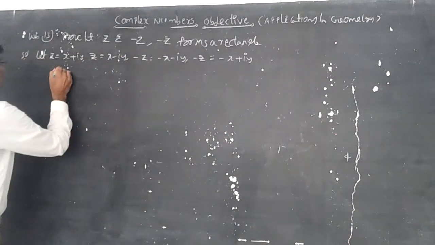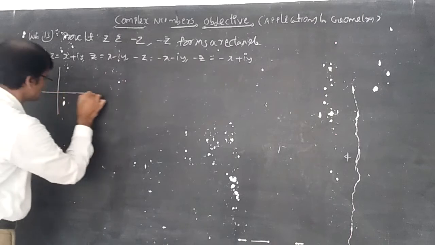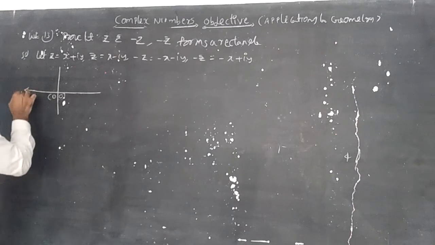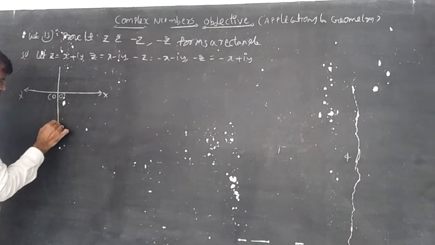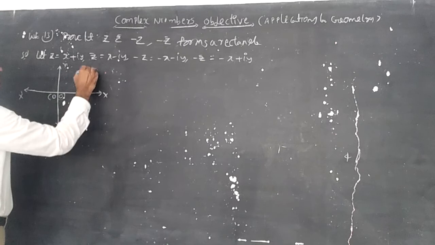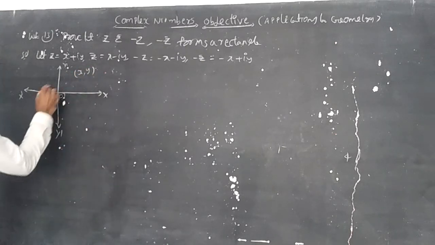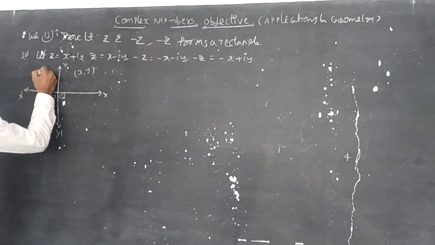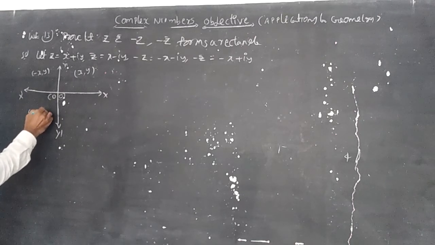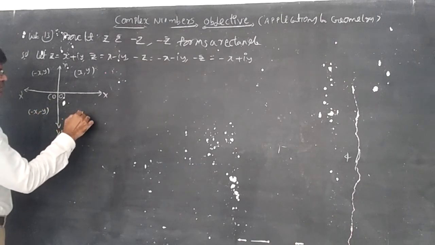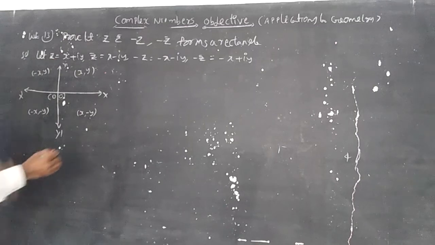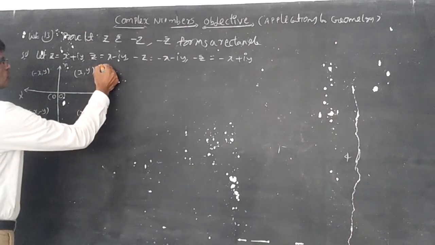Now this depends upon the Cartesian coordinate system. Put here the origin 0, 0, this is x dash, this is x, this is y dash, this is y. Draw like this. This is x, y in Q1, plus plus. This is minus plus, so minus x, y. This is minus minus, so minus x, minus y. This is plus, minus, so x, minus y. According to this, x, y means z, so put here this is A.